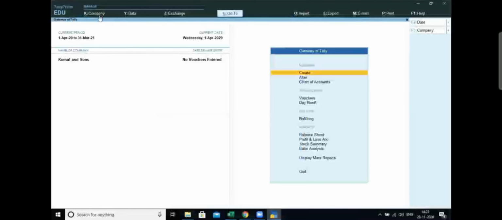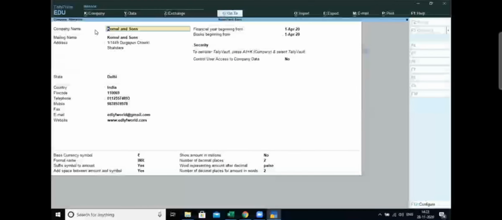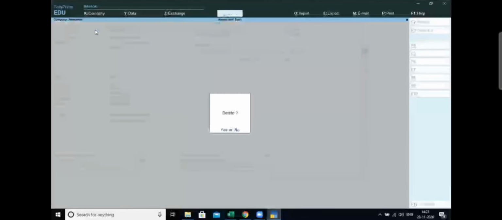For that, again go to the company option. Here again select the alter option, and for deleting the company, simply press Alt D, D for Delhi. So Alt key and D key together. When you press both keys together, it will ask you, do you want to delete the company?